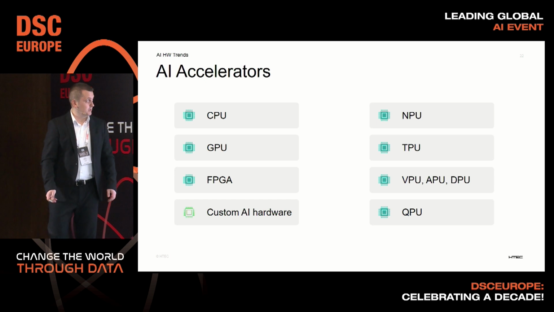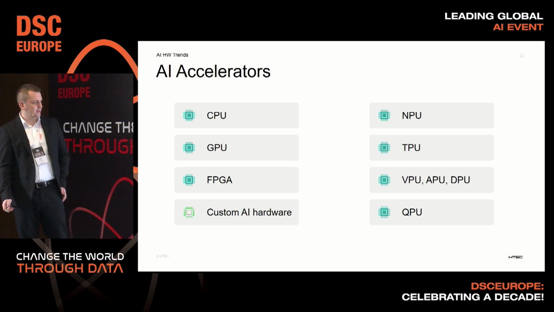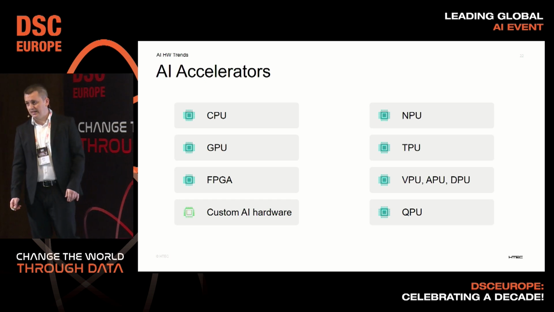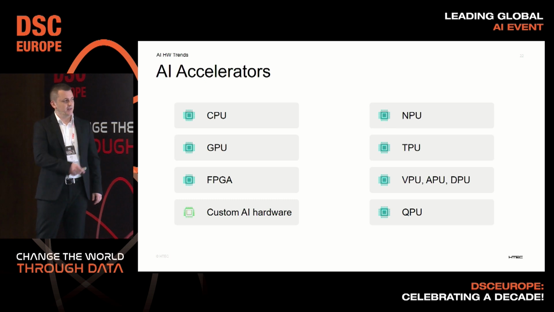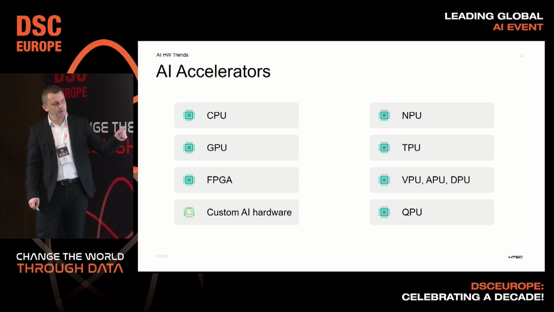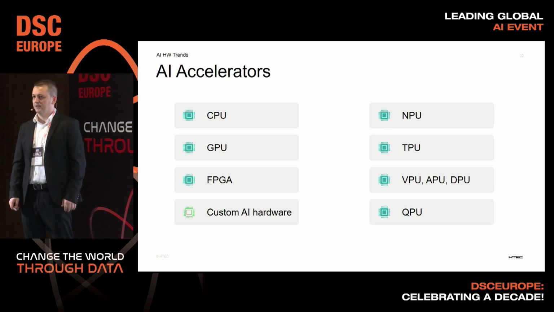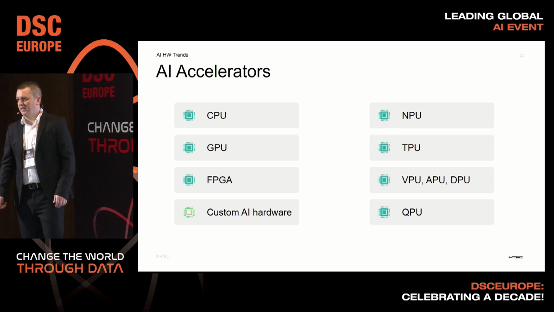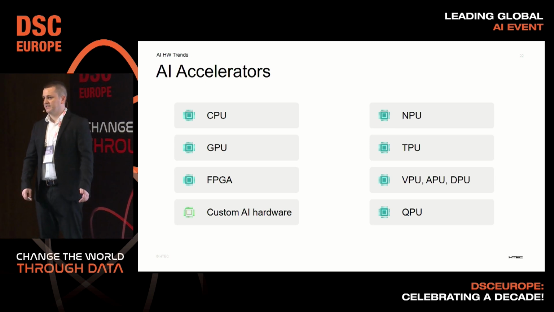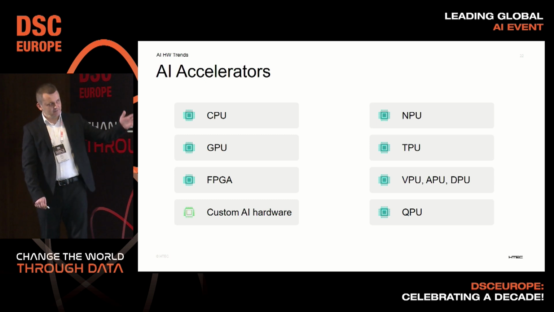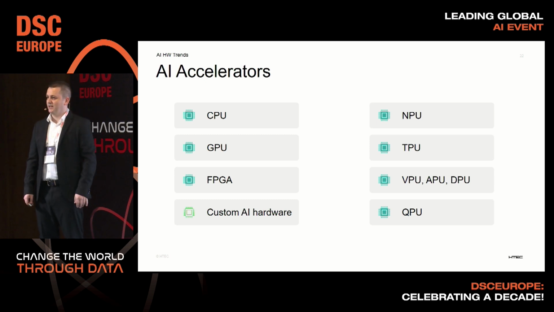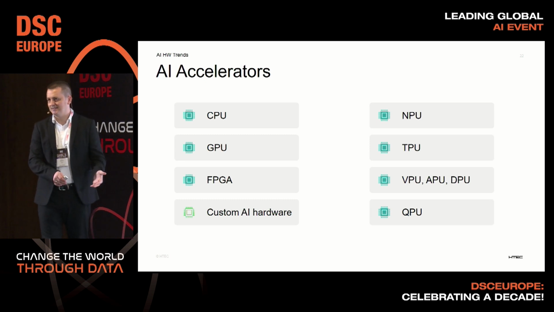Now, I would like to talk about AI accelerators. I mentioned accelerators on the left side. On the right side, there are some acronyms that you maybe already recognize, but maybe you will hear about them in the future. NPU stands for Neural Processing Unit, but this TPU can also be treated with the same goal.